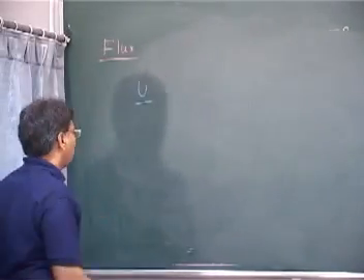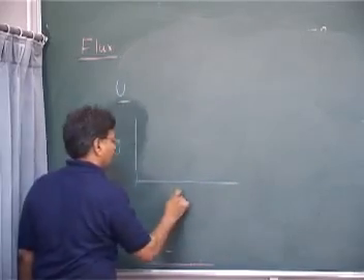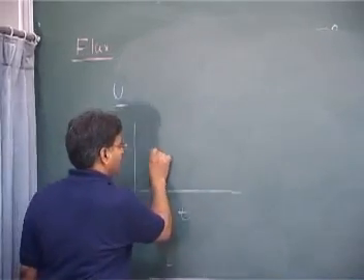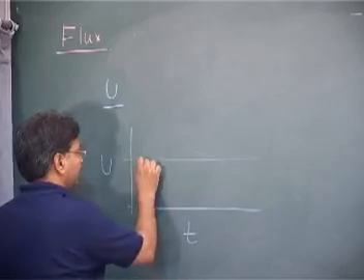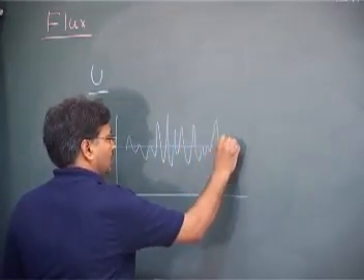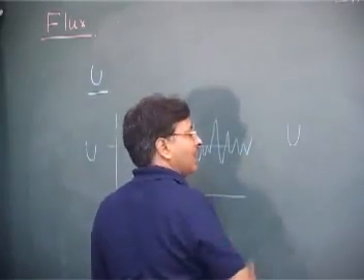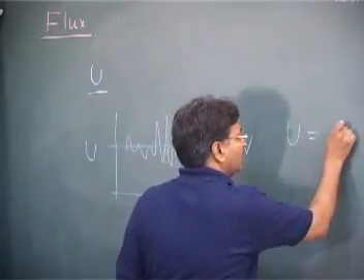If I have to plot U with time, you might have the average velocities like this. So U at any instant is U bar